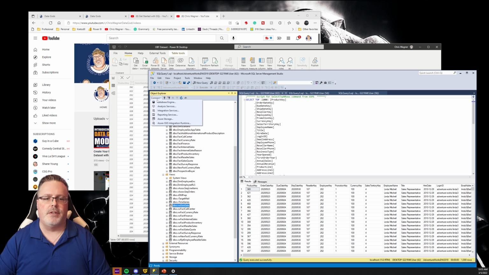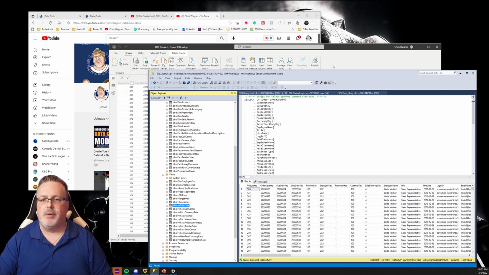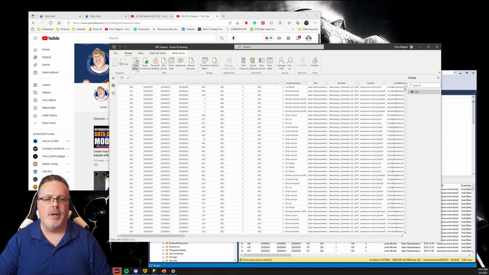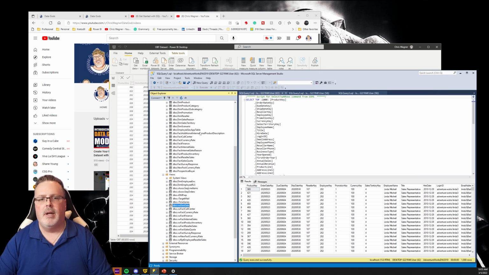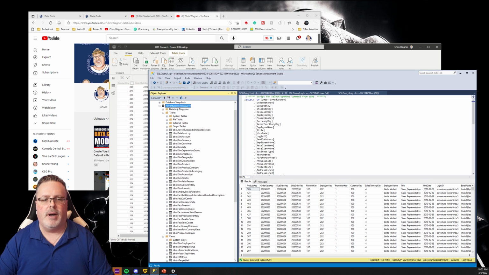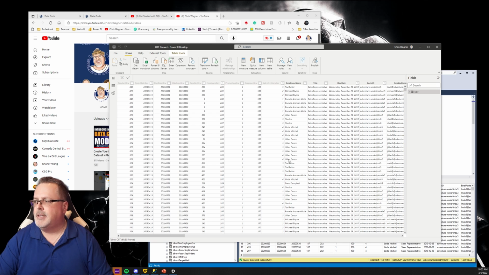So first things first, I'm going to go get my database connections. In this case, it's running on my local host, so it's going to be relatively simple for me to get this up and going. I'm going to go to Get Data, and I'm going to go to SQL Server. I'm going to enter in my server name. I'm going to pop back over because I am lazy. I like to cheat. I only copy and paste. Those are the rules. I paste that in, I click on OK, and now